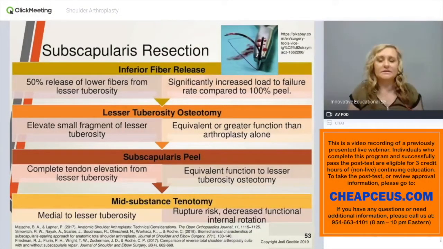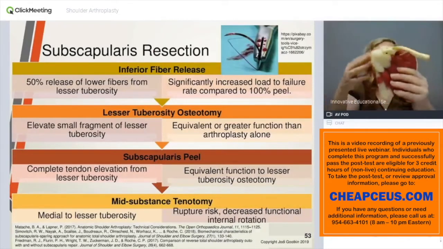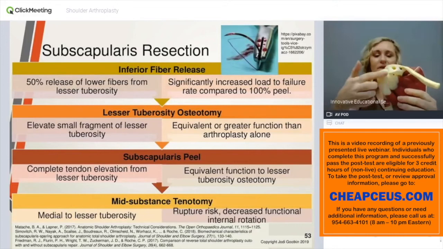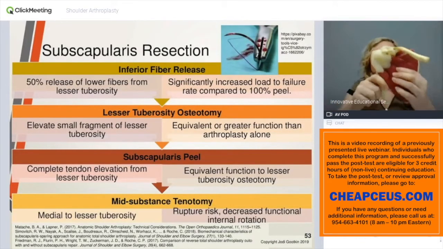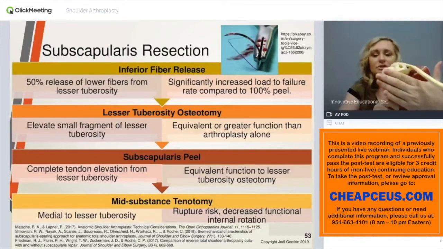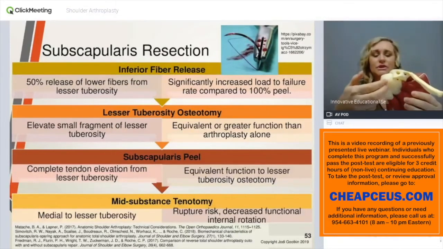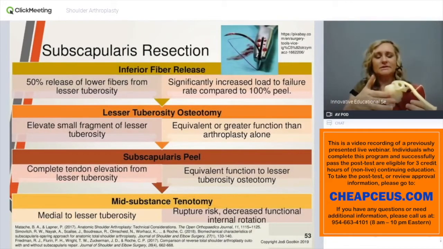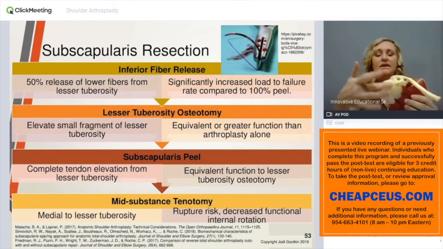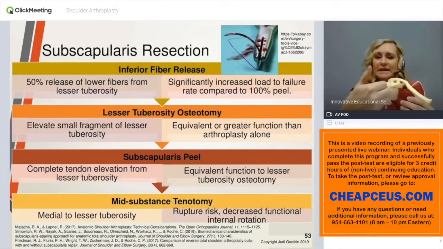When we look at the structure in the area, in addition to what we just mentioned, once they're down at this level of the rotator cuff, the subscapularis muscle is coming around and it actually reinforces that anterior joint capsule as it goes to insert on the lesser tuberosity. So it comes across that anterior shoulder. They need to get that out of the way in order to get down into the joint space to complete